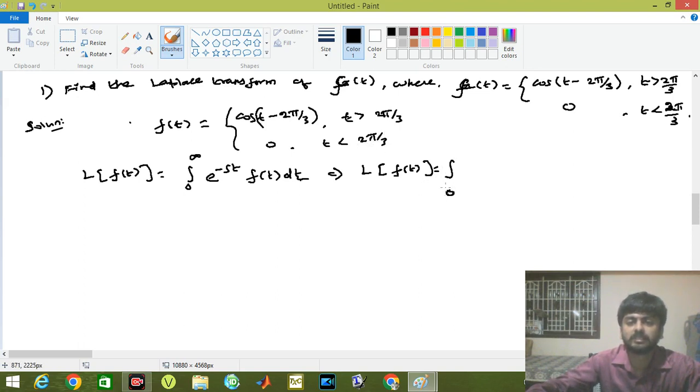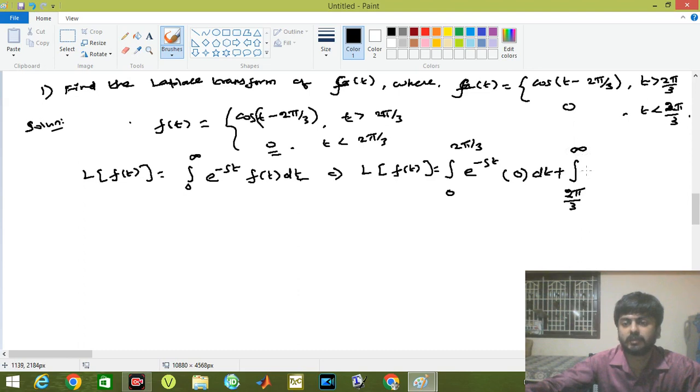So I am writing it as 0 to 2 pi by 3, e power of minus st. What is our f of t for t less than 2 pi by 3? 0. So 0 into dt, plus integral. Now from 2 pi by 3 to what is the maximum limit? Infinity. So we will have 2 pi by 3 to infinity